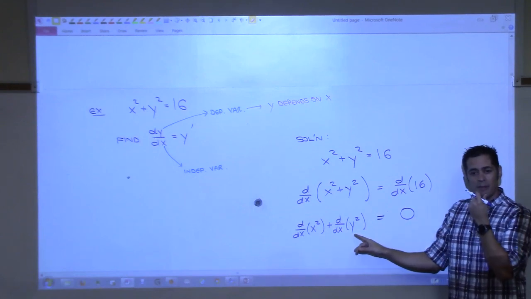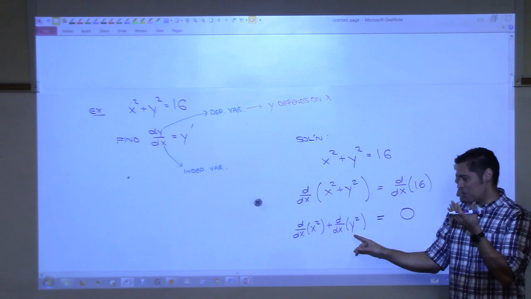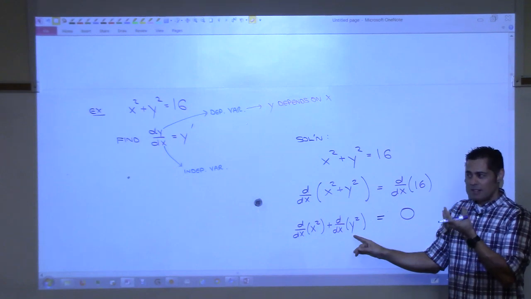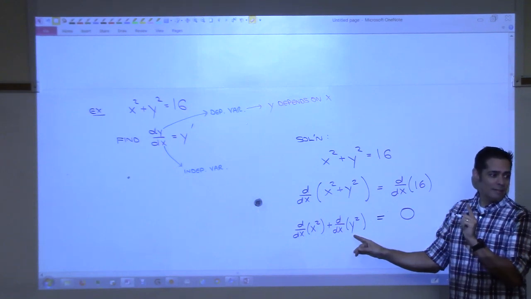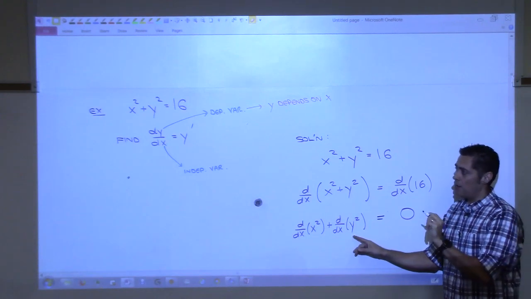What is the derivative of this? What is your gut telling you? 2y? It's almost 2y, but it's not 2y. Not exactly. I need to explain it though, right? So I'm going to try